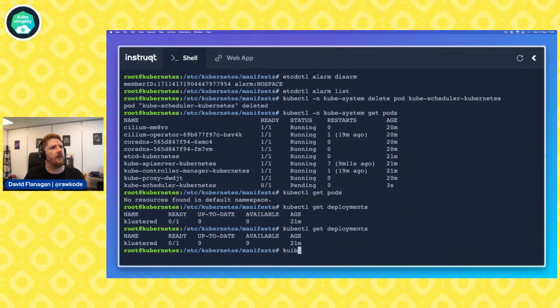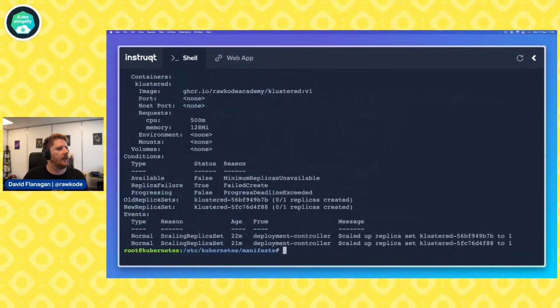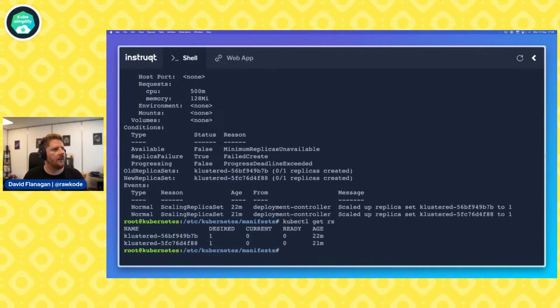Okay. Almost there. So let's describe deployment clustered. And we can say that it's set replica to 1. Let's get RS. Okay. Let's describe replica set.